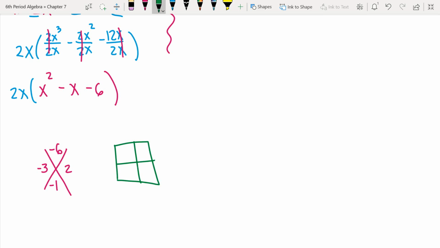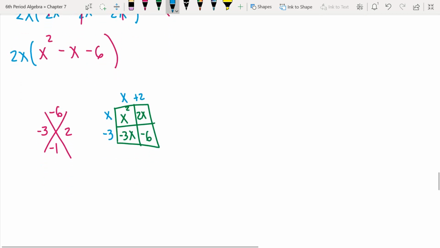I fill in what I can. Top left is x squared. Bottom right is -6. Bottom left is -3x. Top right is 2x. Working outward, I'd have x times x, then x times -3 is what gives me -3x, and x times +2 is what gives me +2x. So I can write my final answer with the GCF still in front of the factors: 2x times (x plus 2) times